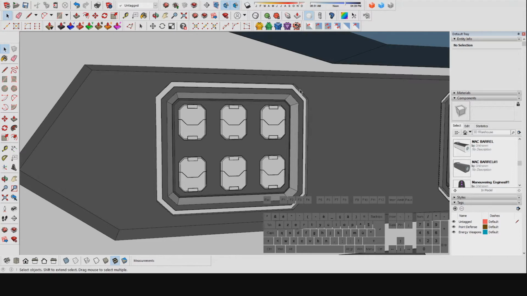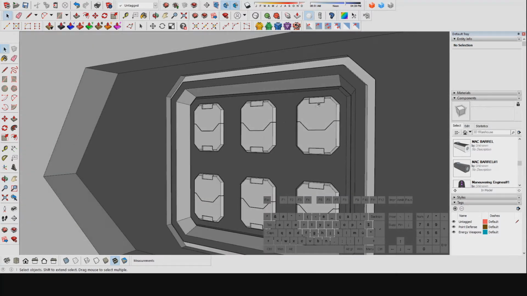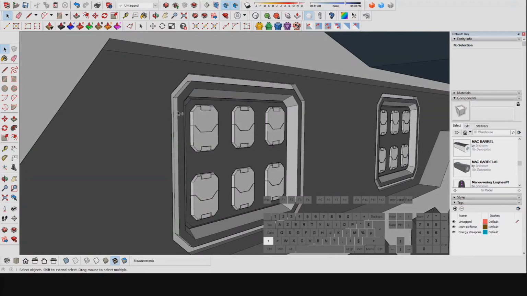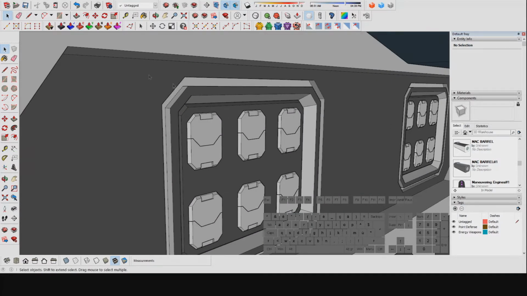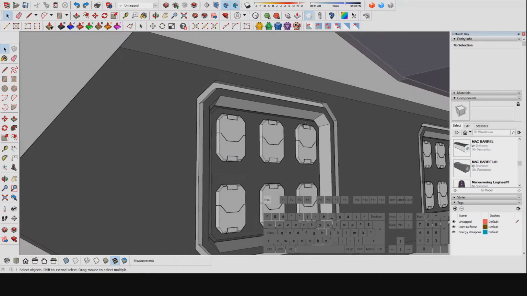Actually, 1, 2, 3, 4, 5, 6, 7, 8. So yeah, an octagonal shape. And using the Alt key, I'm able to pull and push the surface, and then of course I offset it, and I push and pull the detail again, making this kind of depth feeling